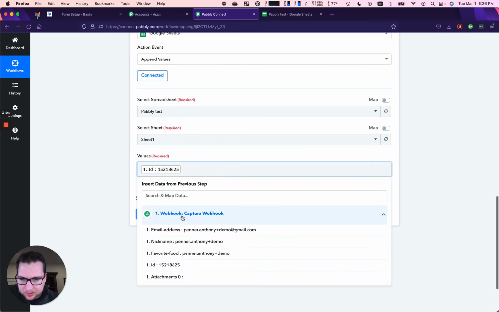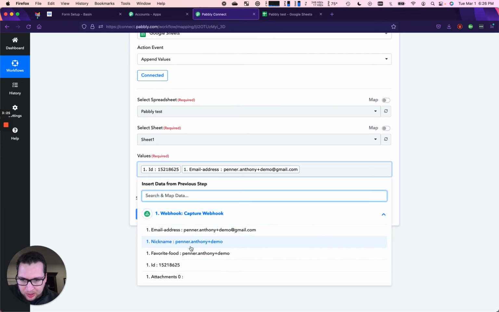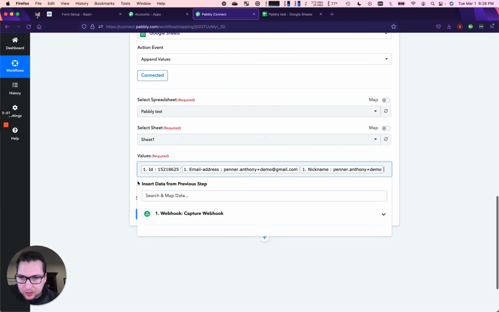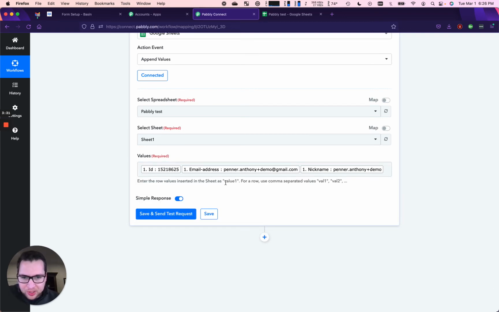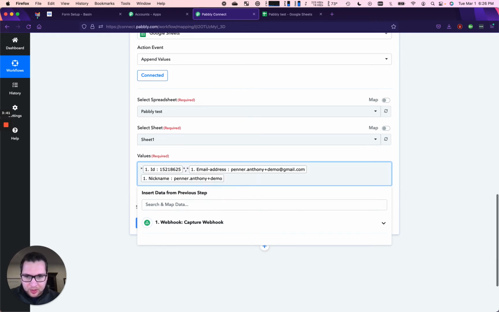ID, email, and name. Now one thing to keep in mind is they try and tell you down here as well that you have to put quotes and commas between these values, because technically you could combine them. So quote around there, comma, quote, quote, comma,